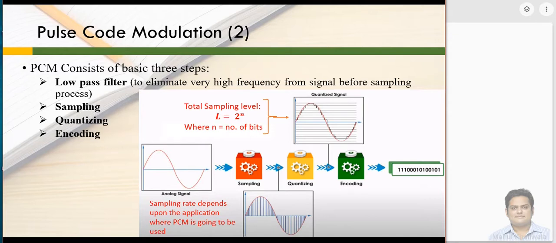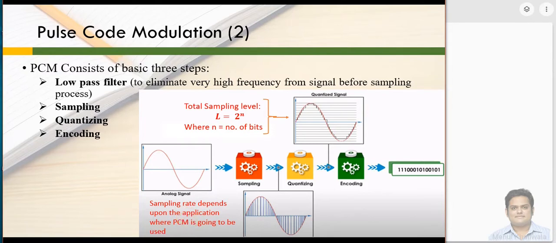As I have mentioned, the sampling rate depends upon the application where you are going to use PCM. For example, PCM is used for writing your compact disc. If you have audio signals, they can be converted into digital form with the help of PCM.